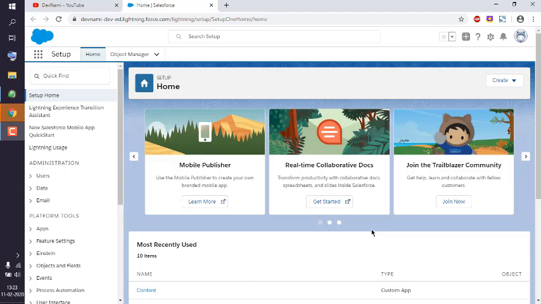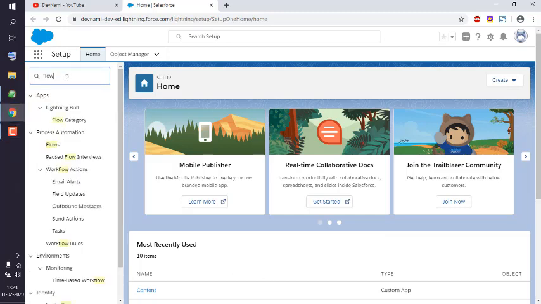Okay, so let's take a look at how you can create a flow out of Flow Builder. So what we will do is, first we will log into Developer Edition of Salesforce. Second thing would be to type in flow in Quick Find, and in Process Automation you will find Flows. Simply click on that. It should open